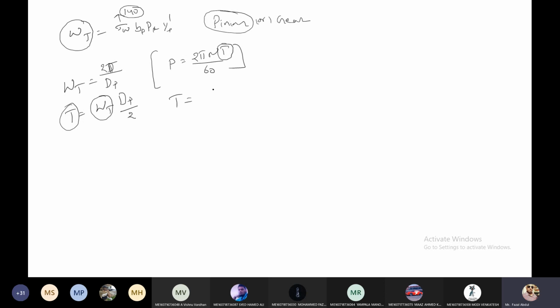So tell me, what is the T value? The power value is given: 35 into 10 to the power of 3 into 60 by 2 pi. This equation I am applying to the pinion, so I am taking the speed of the pinion. What is the speed of the pinion? The question gives 1200 RPM. Now tell me, the torque acting on the component, how much? Do it fast, Babu. How much torque is acting on the element?